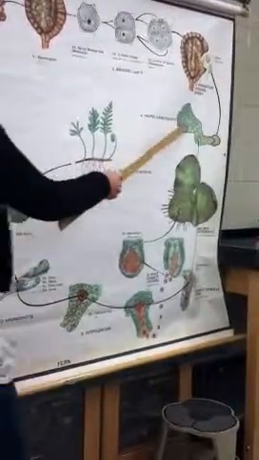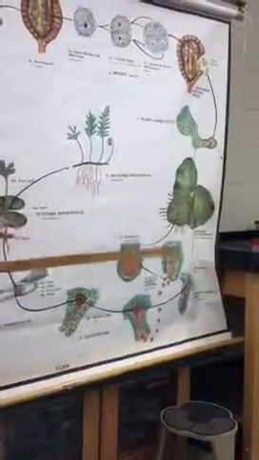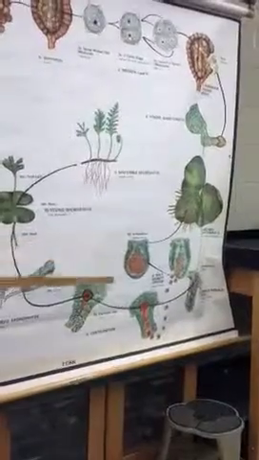So if we're talking about these gametophytes growing from the spores, gametophyte is going to produce gametes. So that's the egg and the sperm. They love each other very